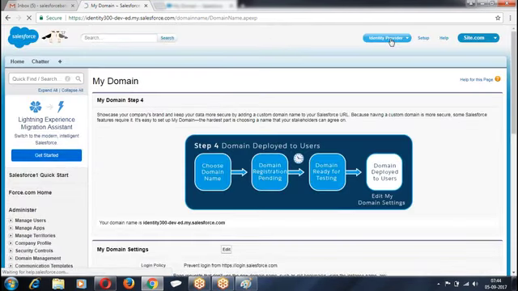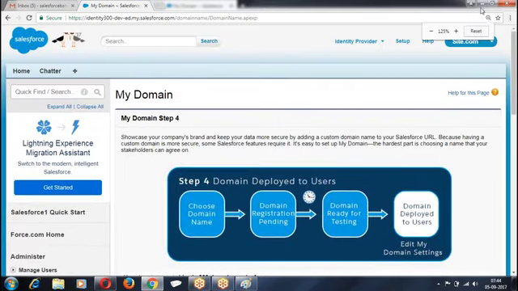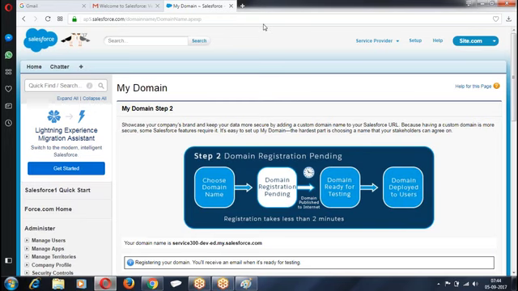Now what is this organization now? It's the identity provider organization. This is my identity provider organization. This is a service provider. Here also I require